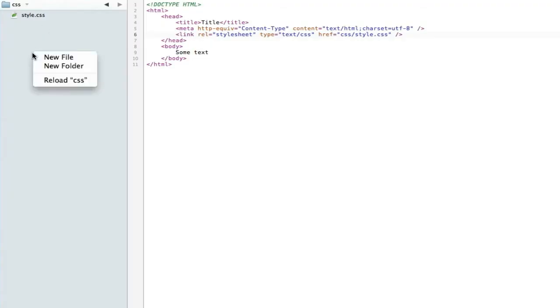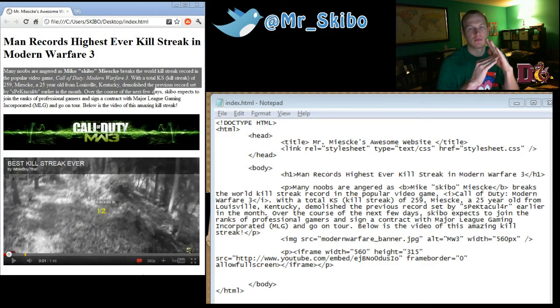Style.css was in an even deeper directory, so I'll make another folder here, stick style in there, and you can see that style.css is nested. Okay, so when he's talking about directories, he means folders. So wherever the folder is located on your computer, whether it's your My Documents folder, or your My Pictures folder, or you made a folder, or if it's on your desktop or somewhere, wherever it is, you need to make sure you know exactly where